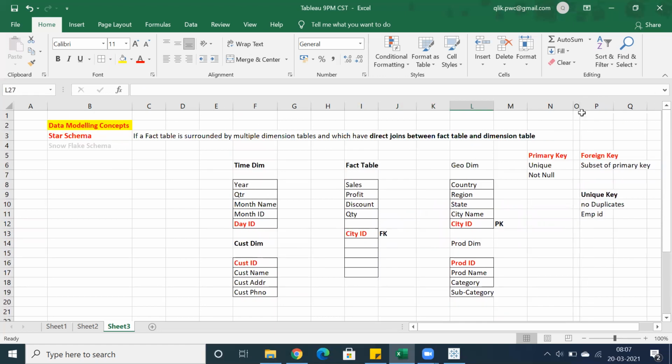If someone asks what a primary key and a foreign key are, a primary key is not null and it is unique, which does not allow duplicates, but a foreign key is nothing but a subset of the primary key. That's the importance of the primary foreign key relationship, which is to establish a relationship between the tables. Now when you use this product ID, if you want to use product information, this will actually be in the table structure, so you don't worry about the tables.